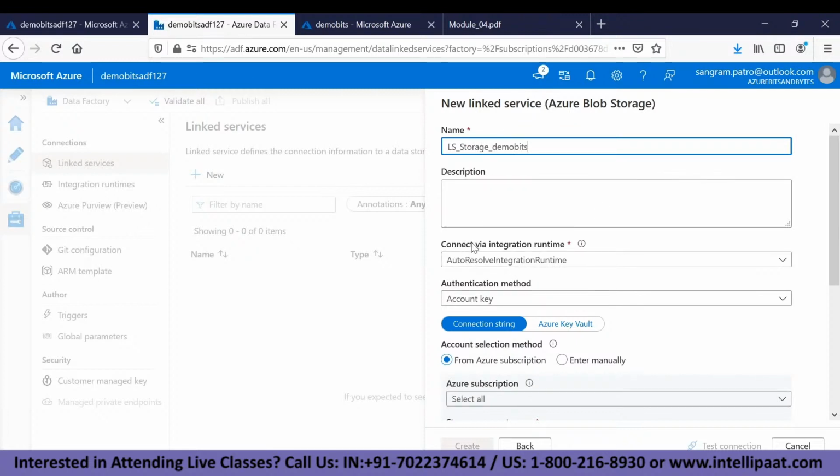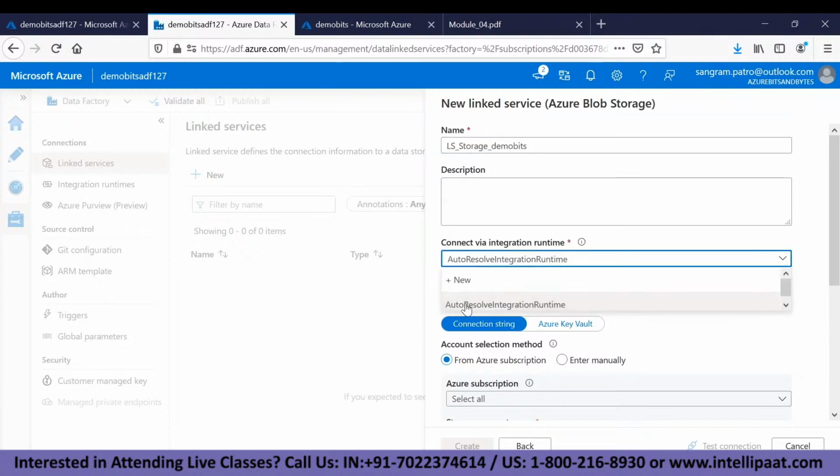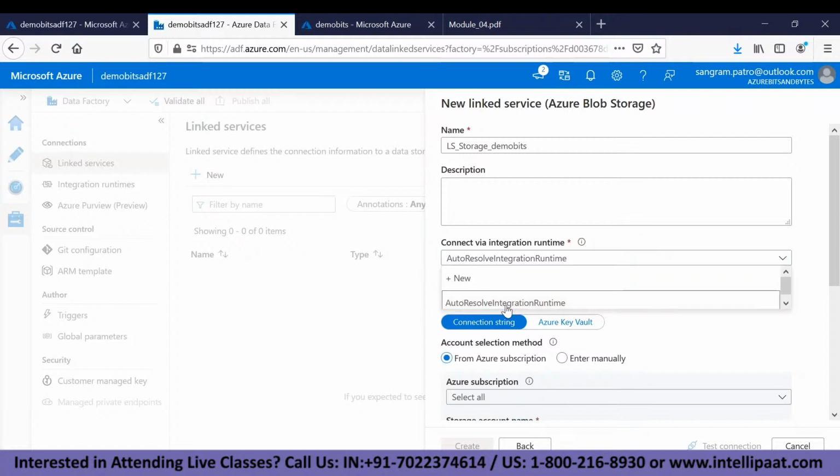Now, I was talking about integration runtime also, right? By default, we are getting one integration runtime, which is the auto resolve integration runtime. This is nothing but the Azure integration runtime. If you want to connect to any of your PaaS instance, platform as a service instance, then you need to use the Azure integration runtime. So auto resolve integration runtime is nothing but an Azure integration runtime. Click on this,